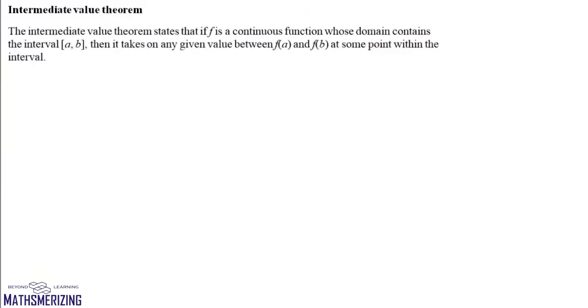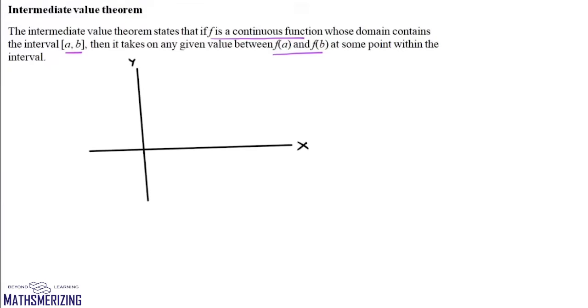Now the second theorem is intermediate value theorem. It says if f is a continuous function whose domain contains the interval [a, b], then it takes on any given value between f(a) and f(b) at some point within the interval. Now what does that mean? Suppose again we have this x-axis and y-axis,